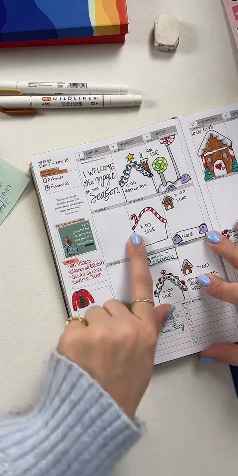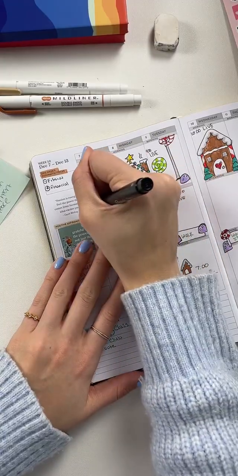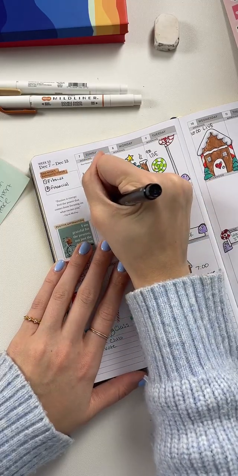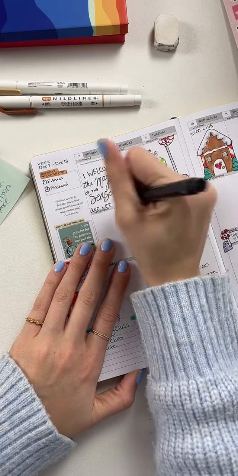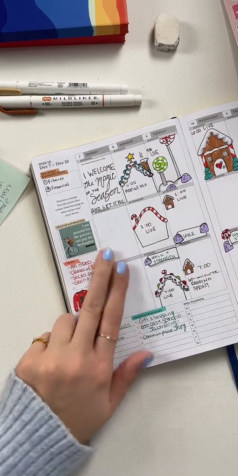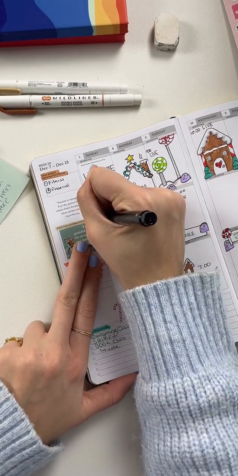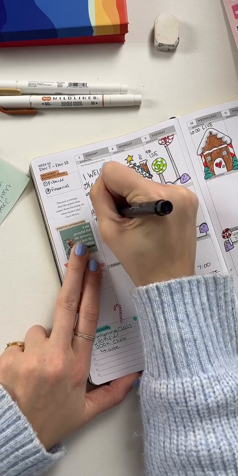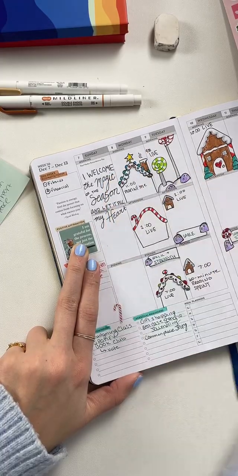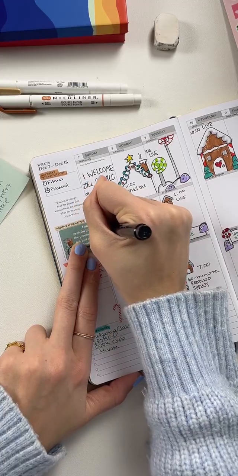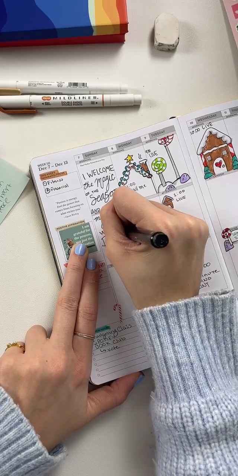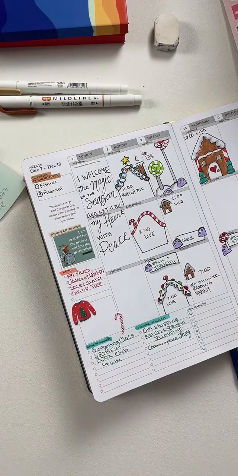And let it fill my heart with peace. Okay, that works. I like that a lot, actually.